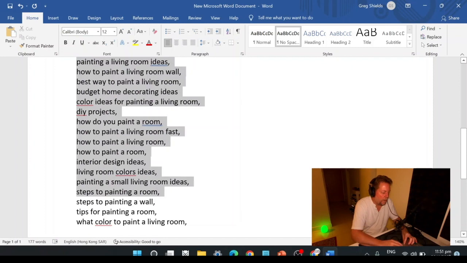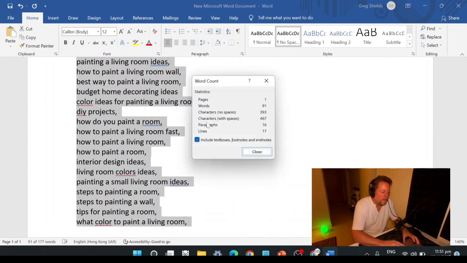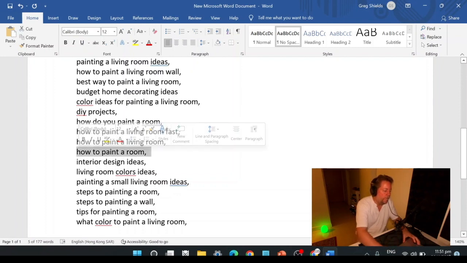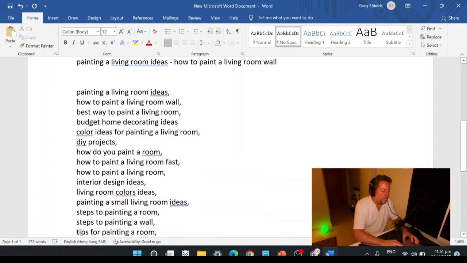Let's see how many characters we have. We're shooting for like 450 or 67. DIY projects is really short, but I want to leave that in there because that's a good phrase. That's good to have in there. How to paint a living room, how to paint a room. So these are two similar, so we'll just take this one out. Okay, so now we're perfect. All right.